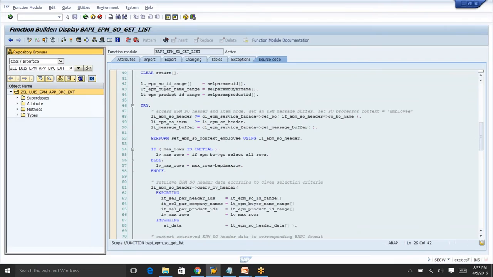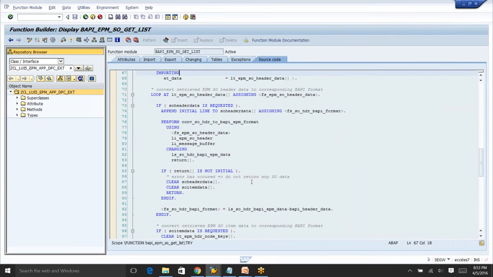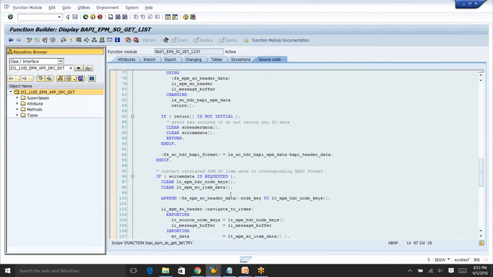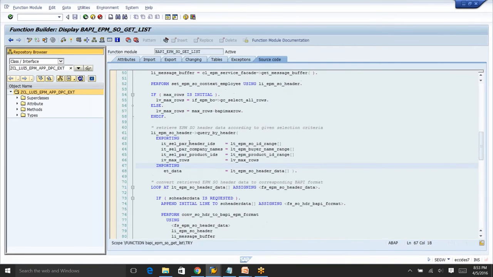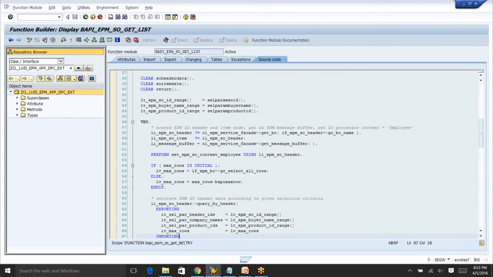it is processing header data here. Could you see the code clearly? Yes. Okay. So here it is trying to get the header data, right? After that, it is trying to process the item data too. What we are going to do is just pick the logic necessary for